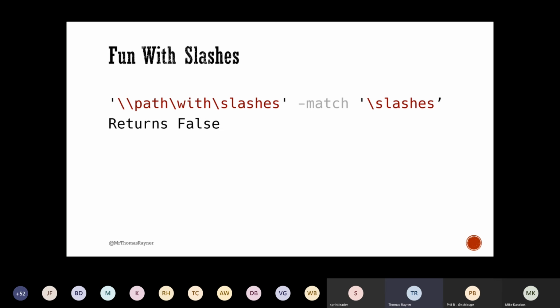And you go, wait, but I can see it. It's right there. How can this be false? Because remember that the backslash has special meaning. And so it's not a literal backslash. The backslash is our magic wand. And we're using it right here to bonk the thing that comes after it, give it special power. Here's our S, right? So what does this mean altogether?